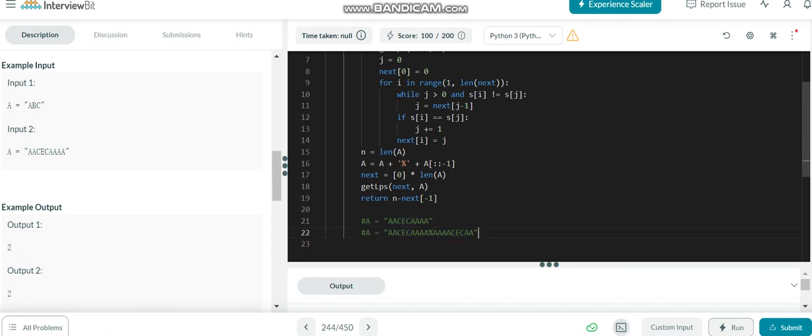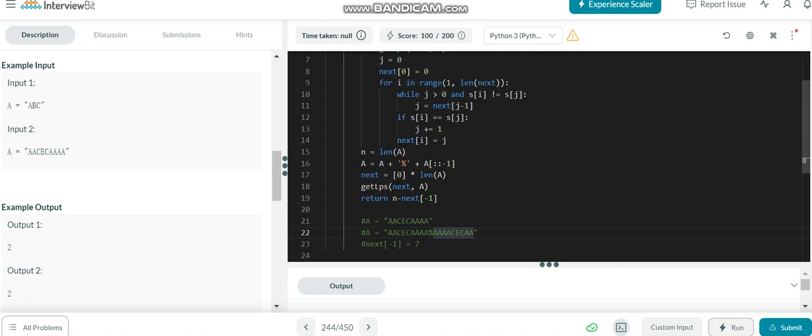The number will be 7. So next minus 1 will be 7. And the 7 actually represents the length of the palindromic substring